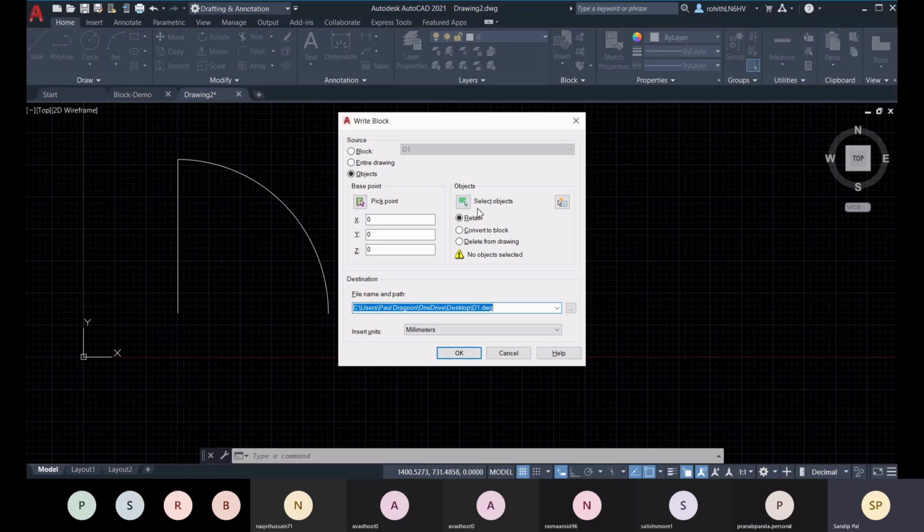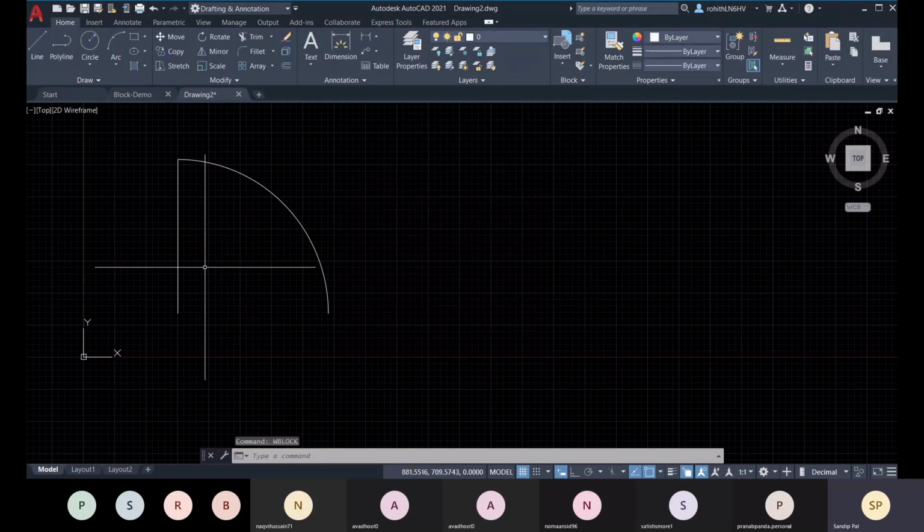Then give it a name, and then choose the file name and path. And you set the insertion units, and as per that you will create this block as a separate DWG file. All right, so that you can go with the W block.